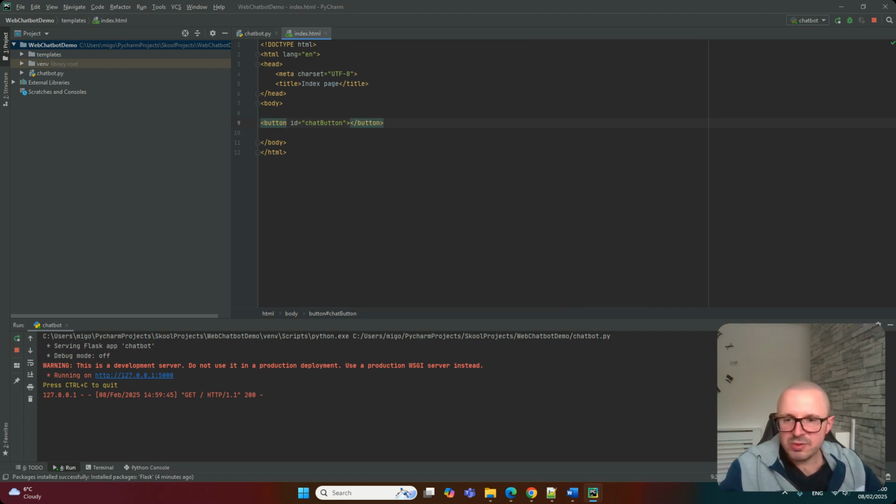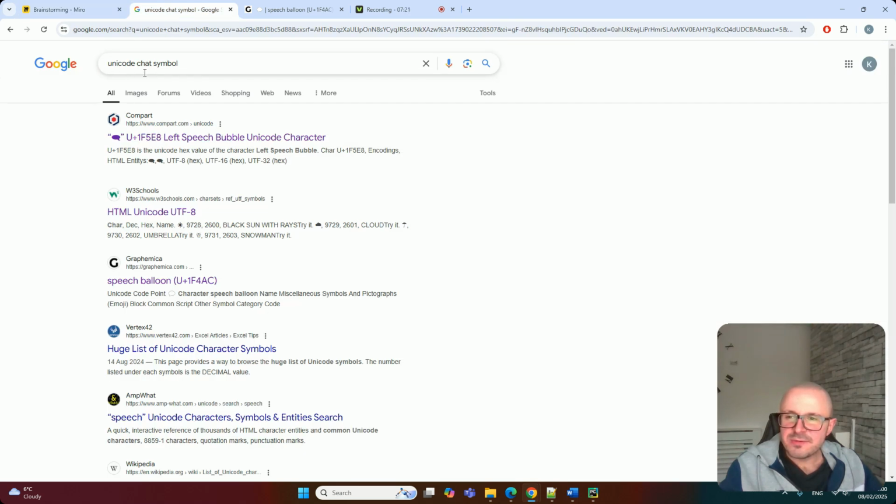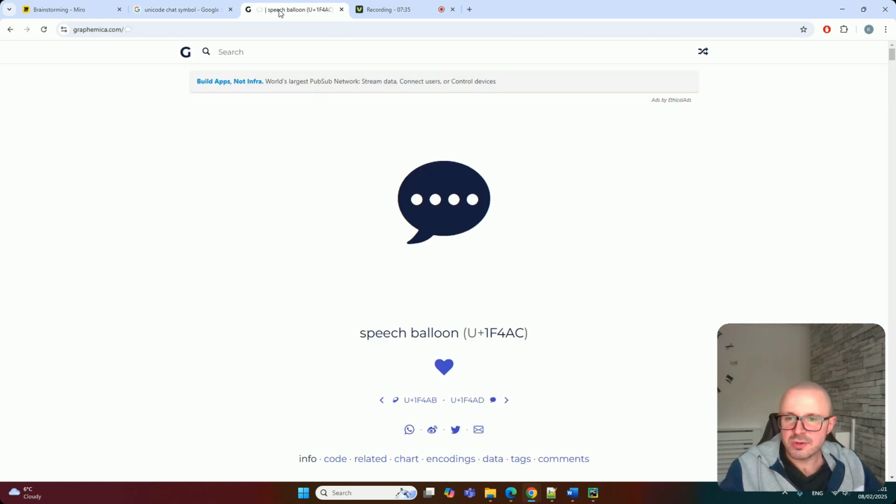Basically we're going to use an icon which will be displayed. So let's just quickly find an icon. You can search for any kind of Unicode symbol, and then you can use this for your buttons. In my case, I've searched for Unicode chat symbol, and I think I clicked on this one, speech balloon. If we take a look at this one, you can see it's a nice balloon with a message. So what we need to do is copy everything after this plus sign, and